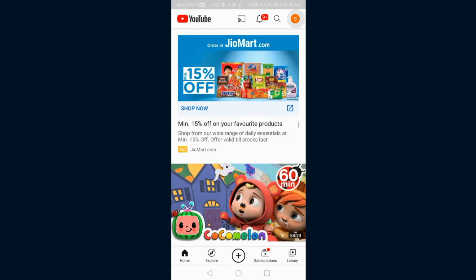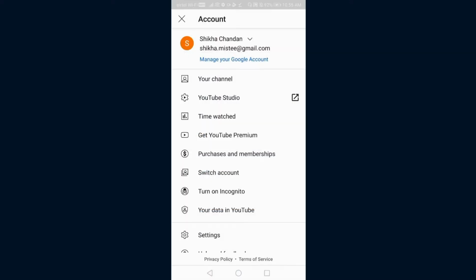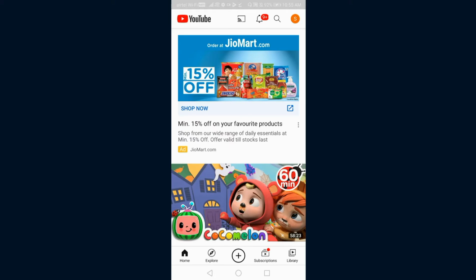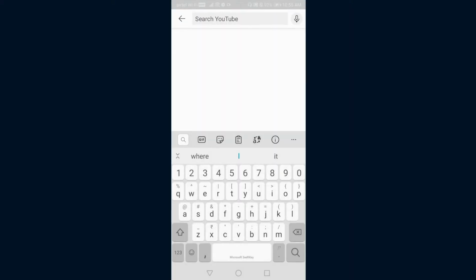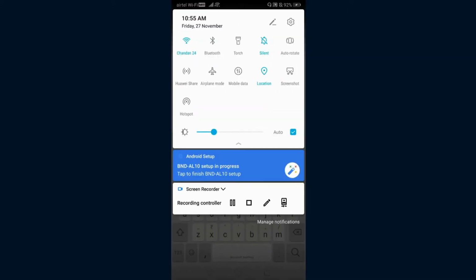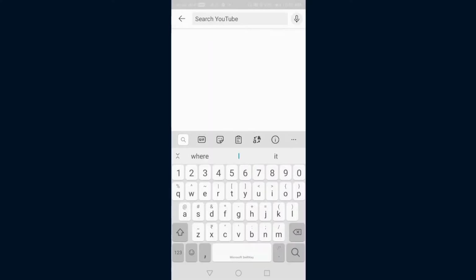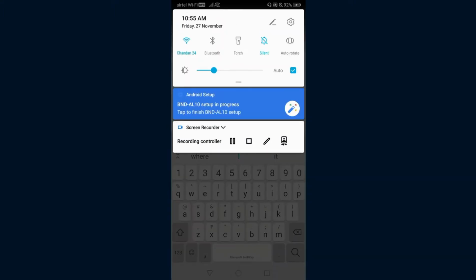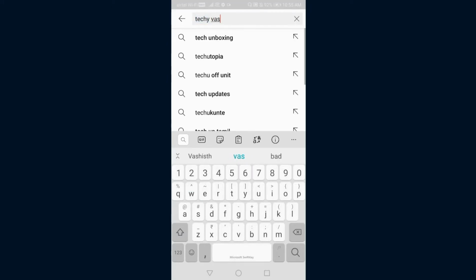And you have to open YouTube with another account. You can open it with any account except the account with which you are running your YouTube channel. So I have opened YouTube with another account. If you don't have any relatives or friends near you, what you can do is create a new account, and from that account you can open your YouTube channel. So now I'm searching my channel